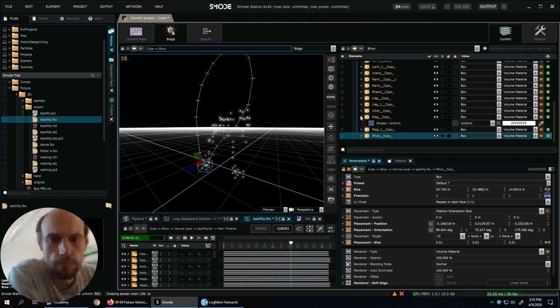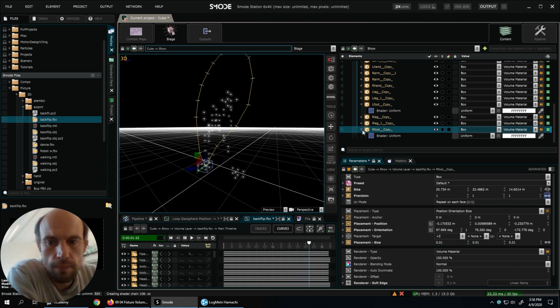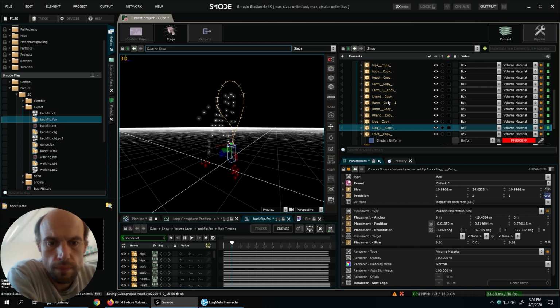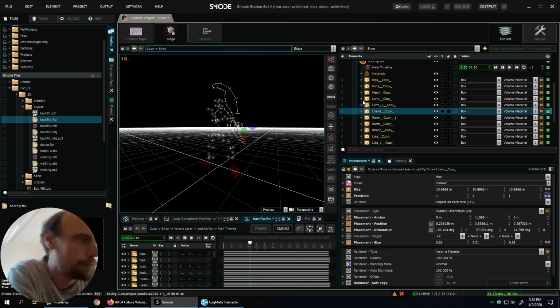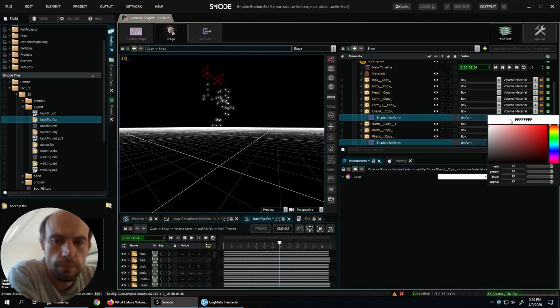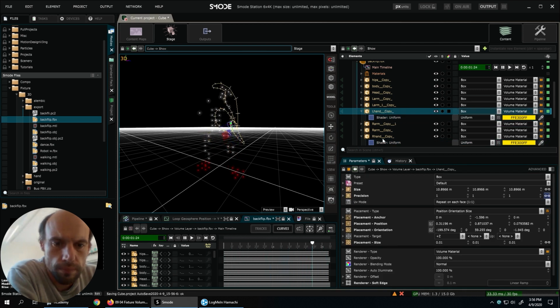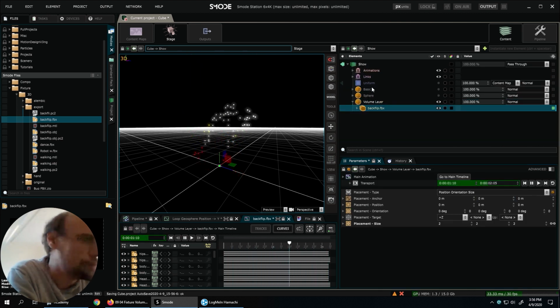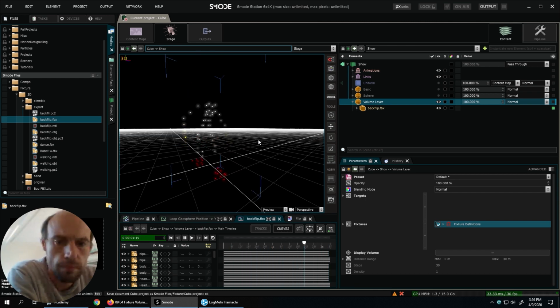So let's just change some color of the character, left hand and right hand. And it's very small. So now I have my character doing a backflip.